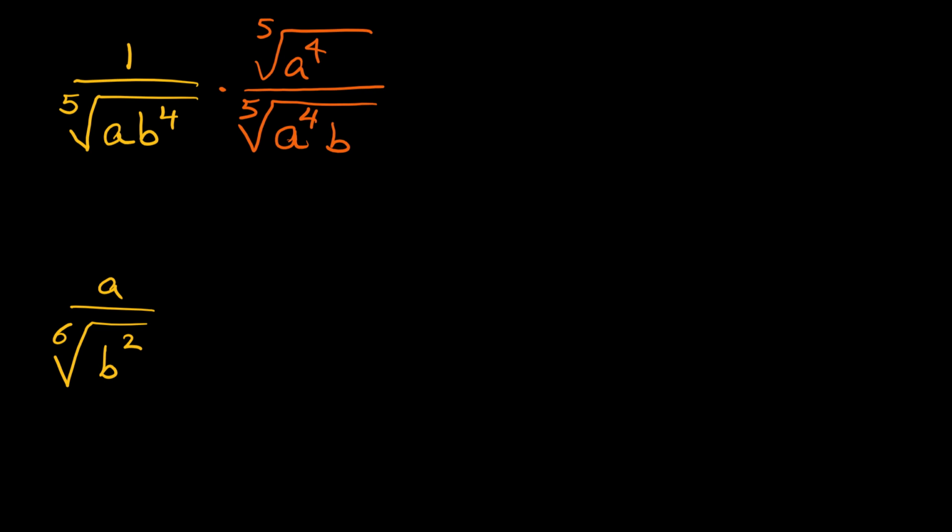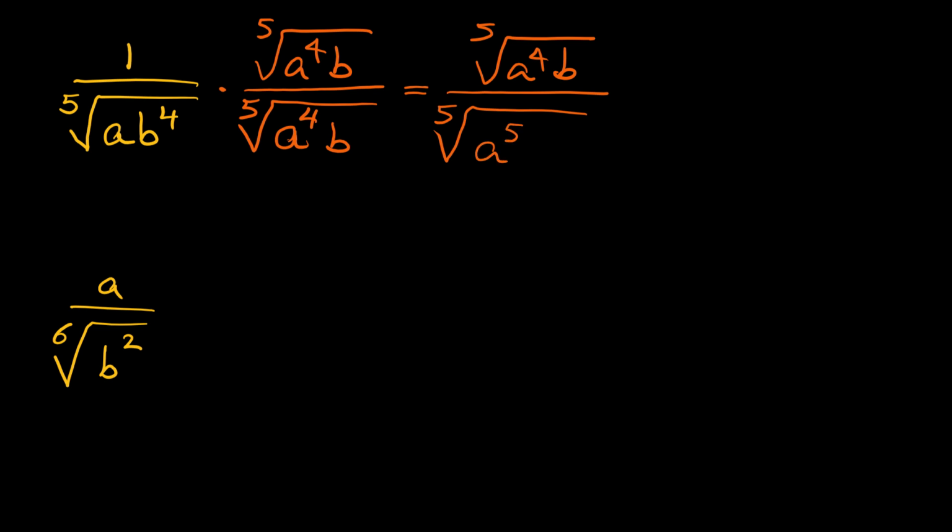Don't forget to write it for the numerator. The numerator is simply the 5th root of a to the 4 b. What about the denominator? When we multiply, we have the 5th root of a times a to the 4 is a to the 5, b to the 4 times b is b to the 5. The power 5 and the 5th root cancel each other. So in the denominator we have